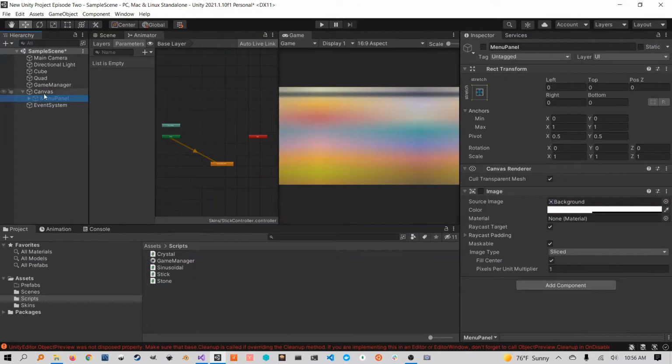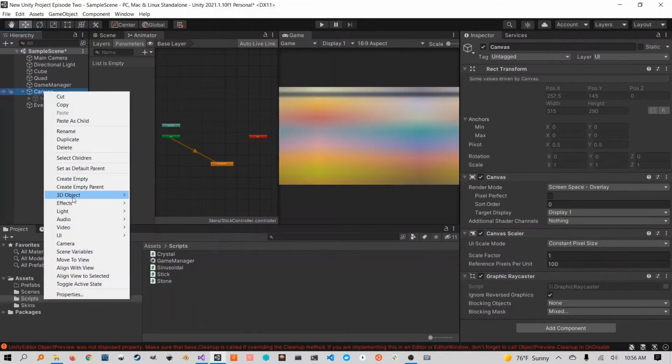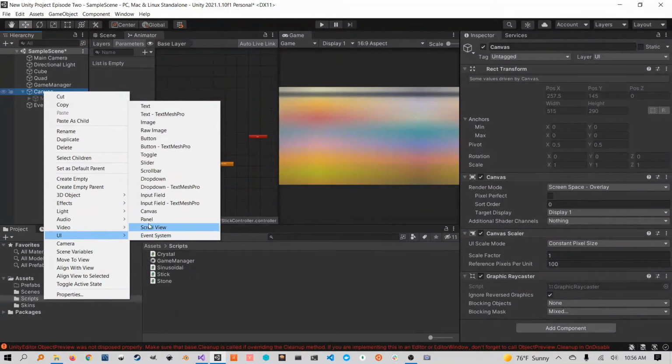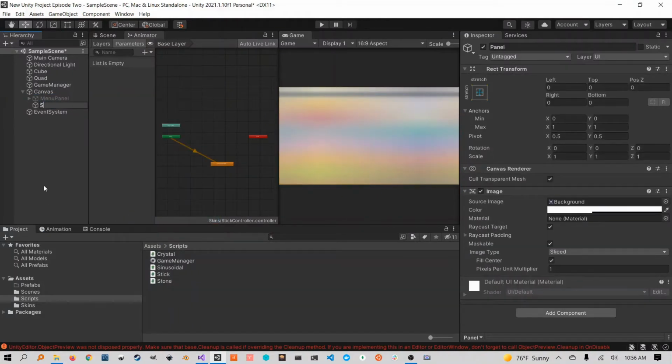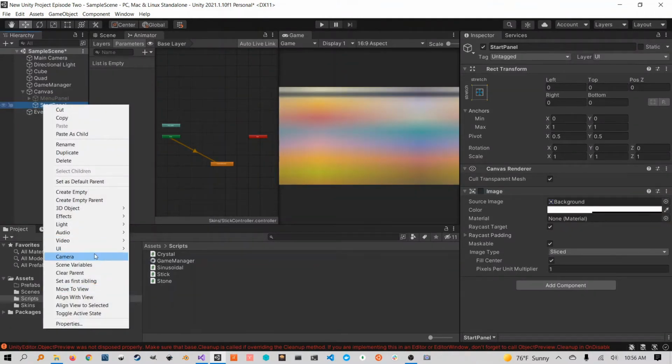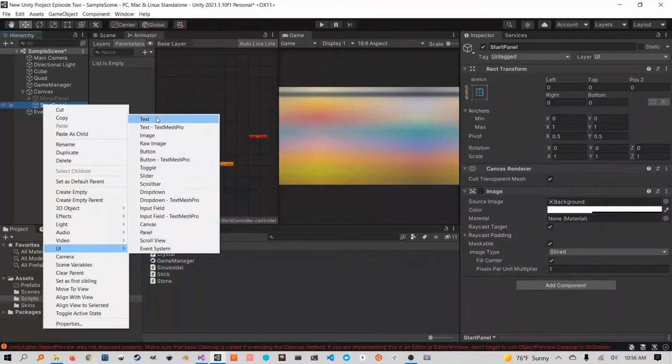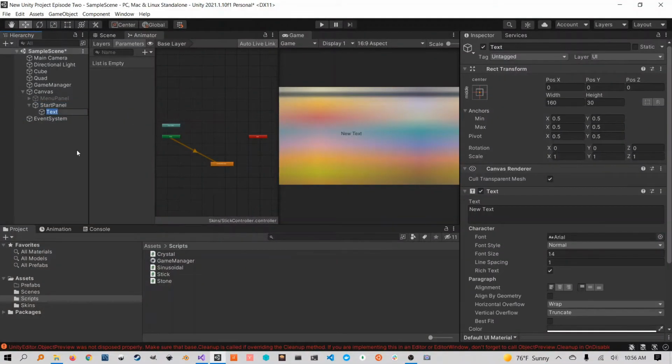That would be the start panel. So the start panel, and you can rename it whatever you want, but I have it named as start panel. And we're going to put in 3 texts. We're going to put in the first one, and here again we can turn off the image, background image. We're going to do 3 texts. The first one will be the score,